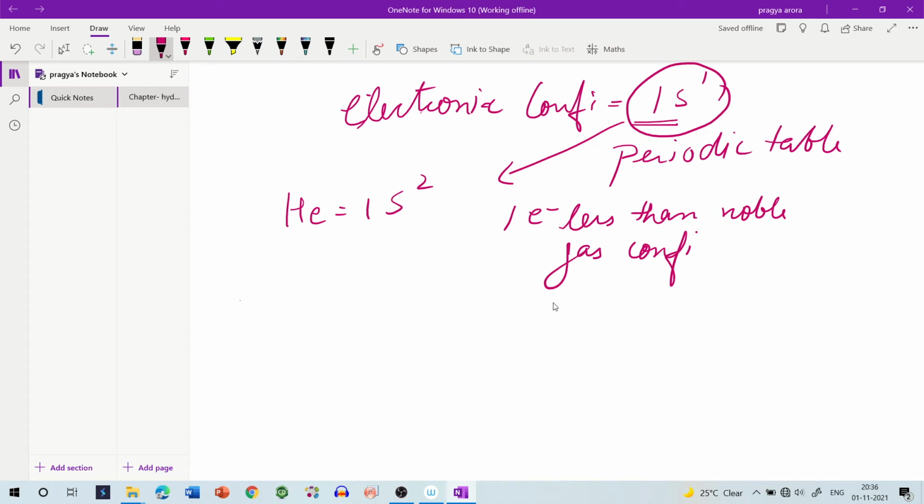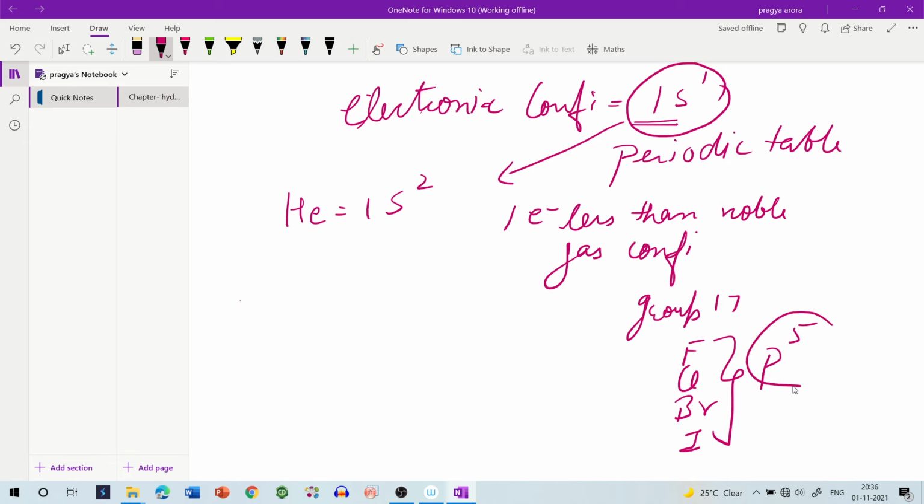The halogens, group 17, that is fluorine, chlorine, bromine, iodine, all contain ns2 np5, that is one electron less than the noble gas configuration of group 18, where neon etc. are present, which contain ns2 np6. So with one electron less, it could be placed in the halogen group,